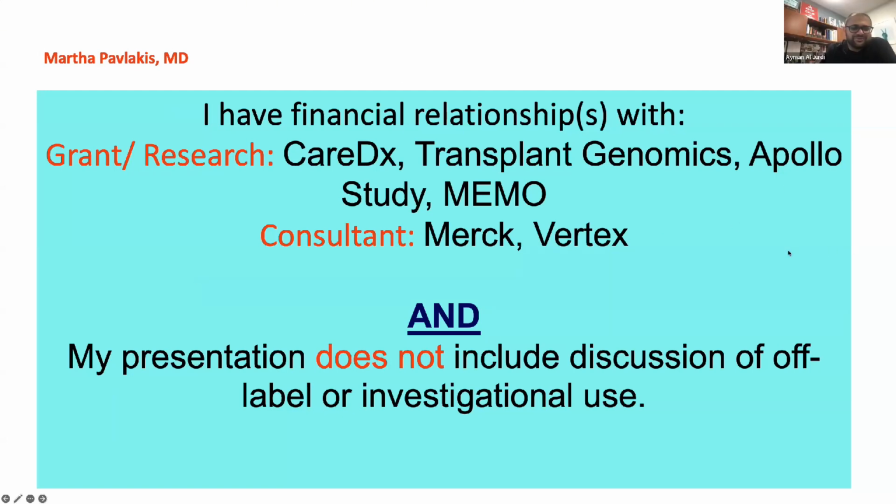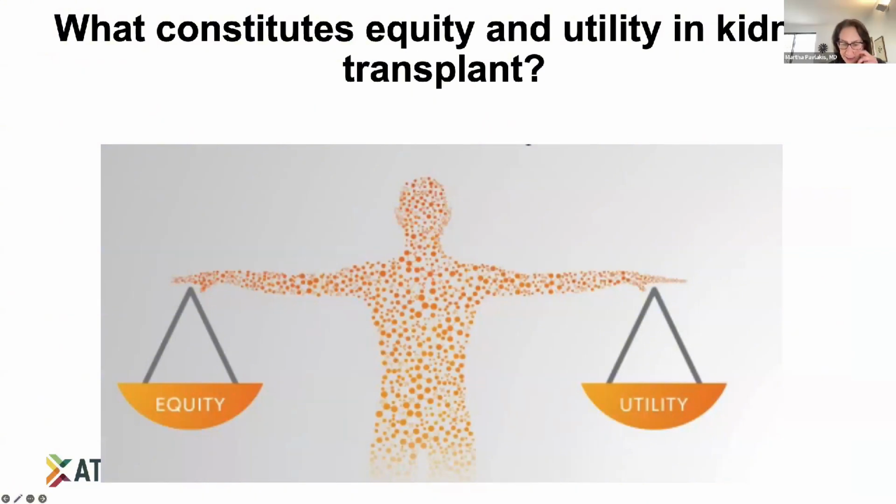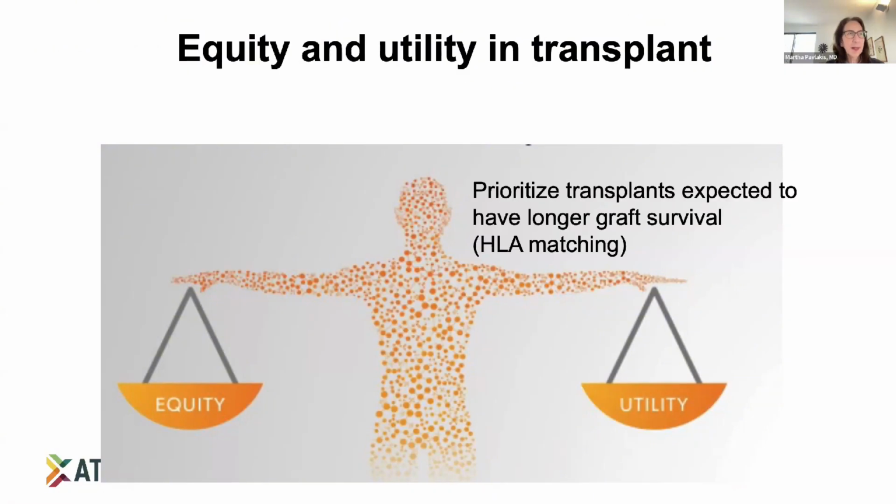Will do. Thank you. So this is a slide that I start this talk on because I feel like we speak about the philosophical concepts about equity and utility, but I came at this really wondering, fine, I understand what they mean, but how do they apply to kidney transplant allocation? Just to lay the groundwork, I'm speaking only about deceased donor transplant at this point. And I would like to go through and bring up examples of policies or approaches that support equity and policies and approaches that support utility so that we are speaking in the same language.